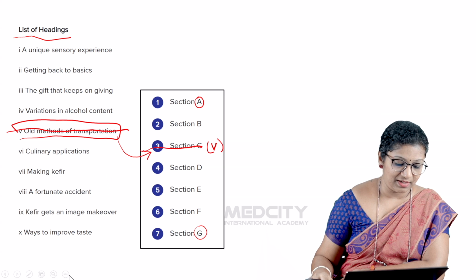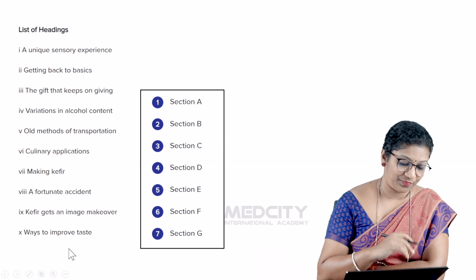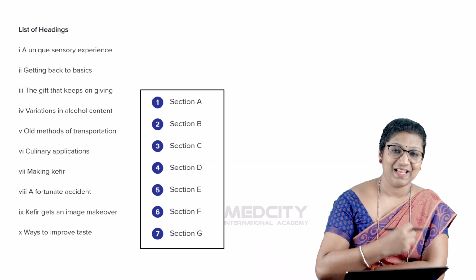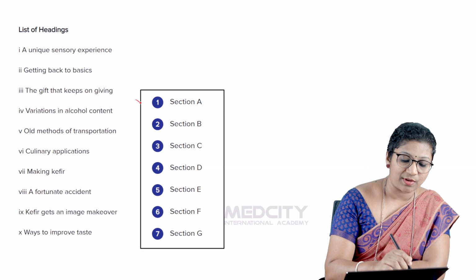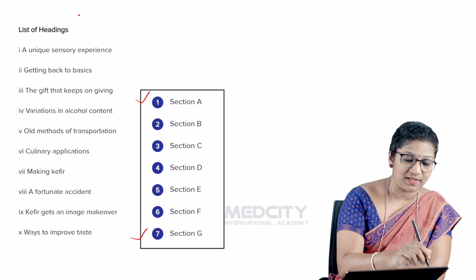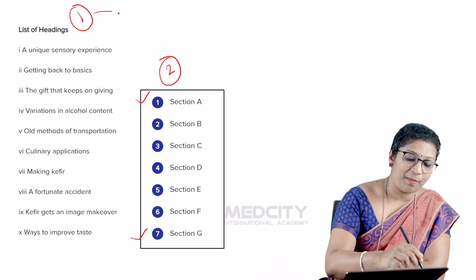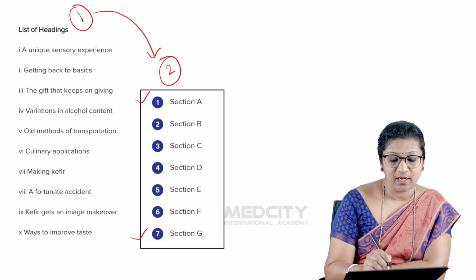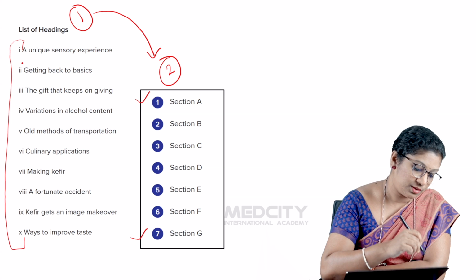But in case you have a question like the one that you saw, where there is no example done, of course we have to consider all the headings and we have to read through all the sections to complete this answer, because we have to here answer question number 1 up to question number 7. So 1, you have list of headings, 2, you have the list of paragraphs, and you have to match accordingly, which means onto your answer sheet against question number 1, you will be writing whichever Roman numeral